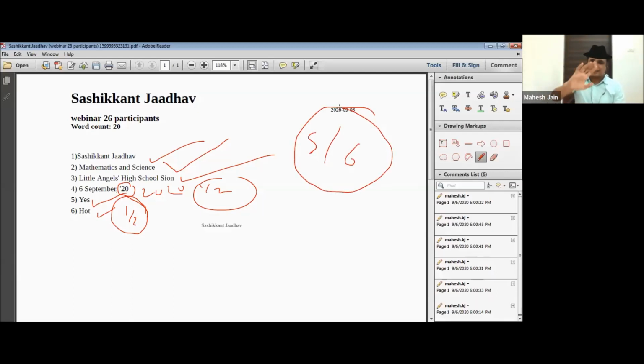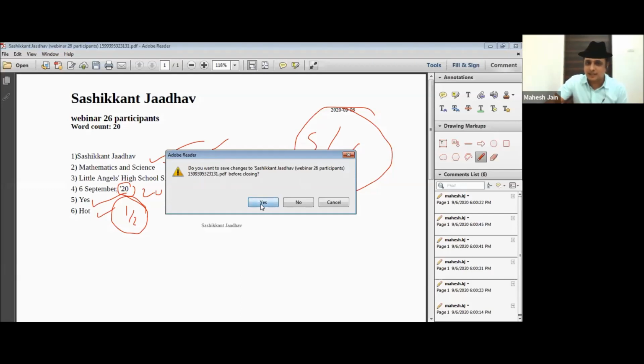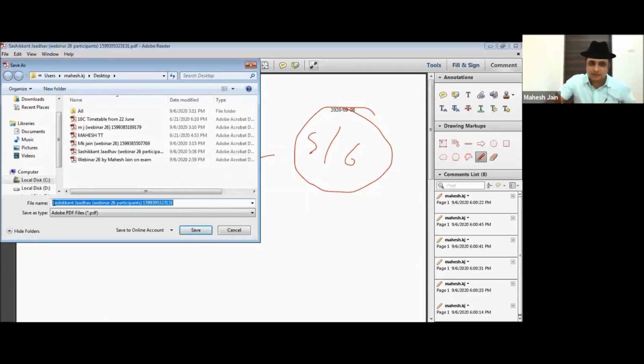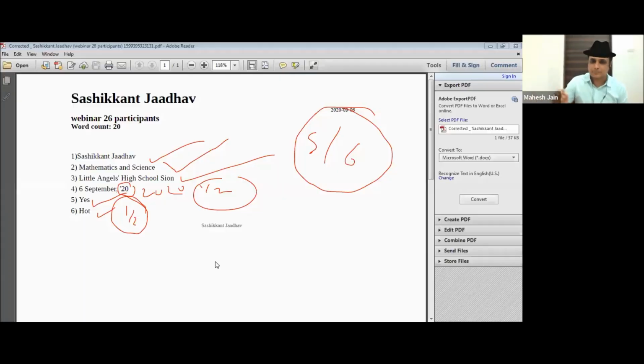Sashikant sir, with due respect, I'm just taking your paper as example. So 5 out of 6 is done, and that's it. I'll just try to cancel. It says, do you want to save the changes? I'll say yes, and then it will ask me. So I'll just write corrected paper. Done. And this is desktop. Yes, corrected paper, and it is done. Okay, it says screen sharing has stopped. So I will just show you how the corrected paper will look. Okay, so you can see the corrected paper is here. This is the PDF of corrected paper.